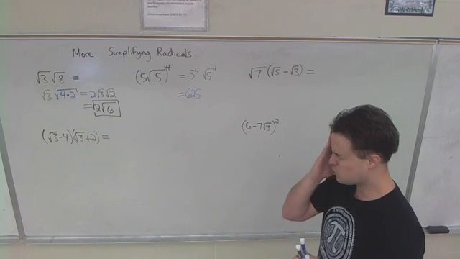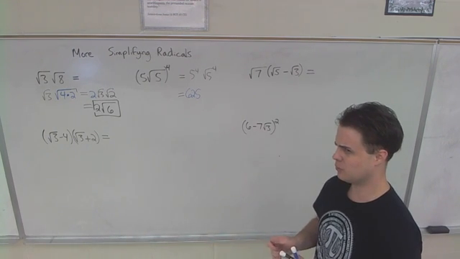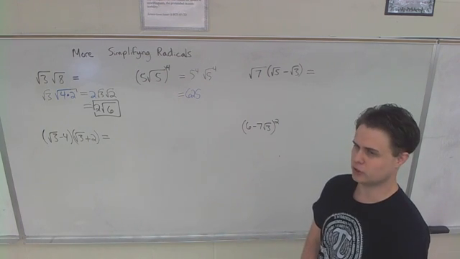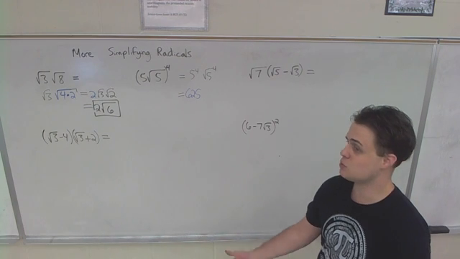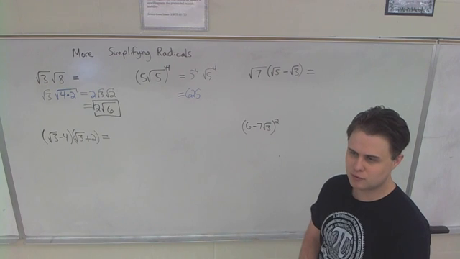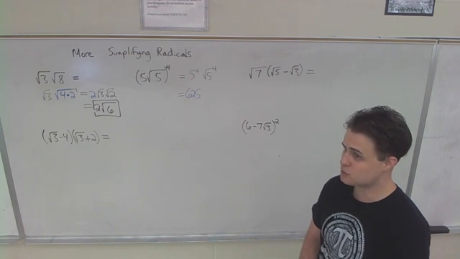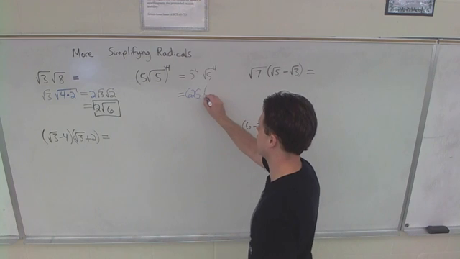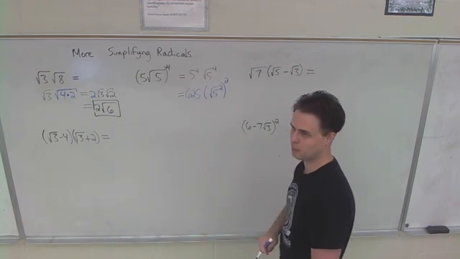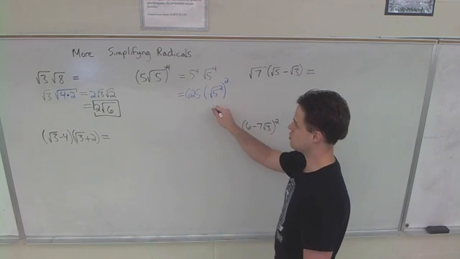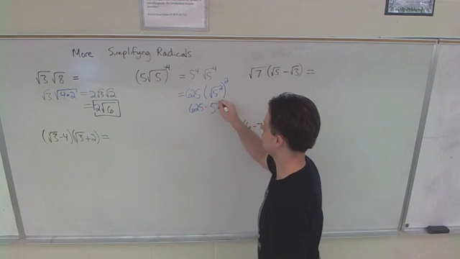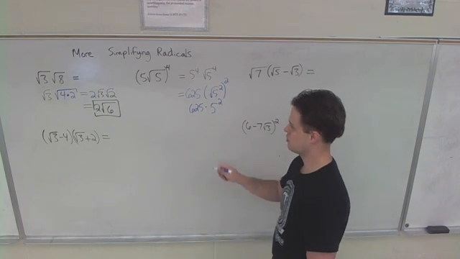How do you do the square root of 5 to the 4th power, though? Well, what's the square root of 5 squared only? They cancel, right? And you get 5. So the square root of 5 to the 4th power is that same thing twice. In other words, you can think about it like this. You don't have to write it, but you could think about it like this, right? Power to power is multiply. And the square root of 5 squared is 5. And then you've got this other squared, and 5 squared is